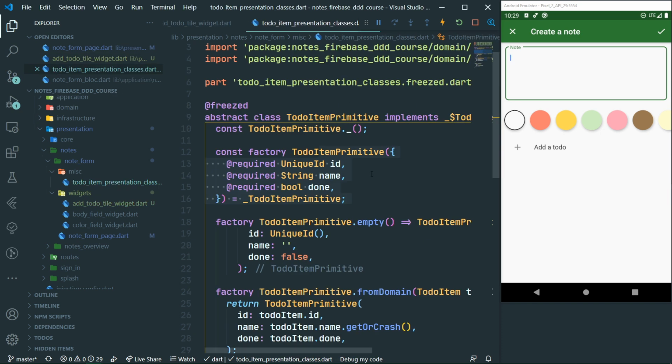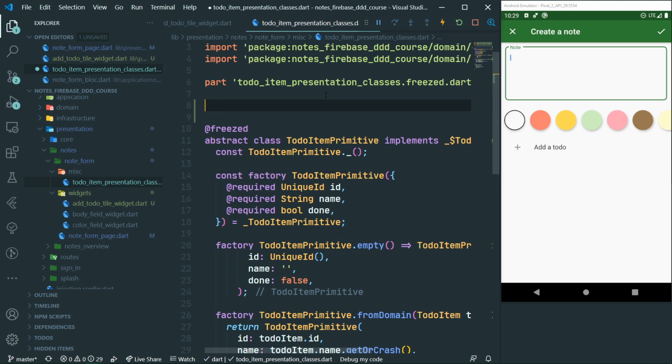And we are going to create something which is kind of like a block or a cubit, but it's actually going to be a value notifier. I'm sure that many of you have used it. If not, it's basically like a very simple change notifier, which has just a single value which can be updated. So it's going to be a class which we are going to call form todos, and it's going to extend a value notifier